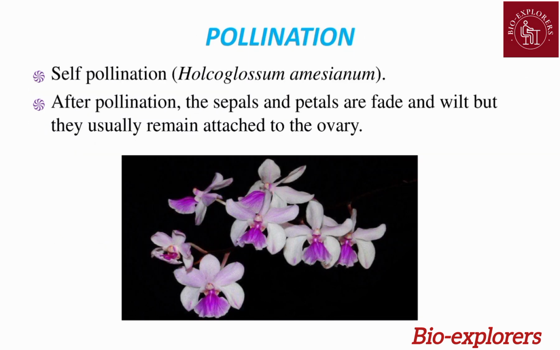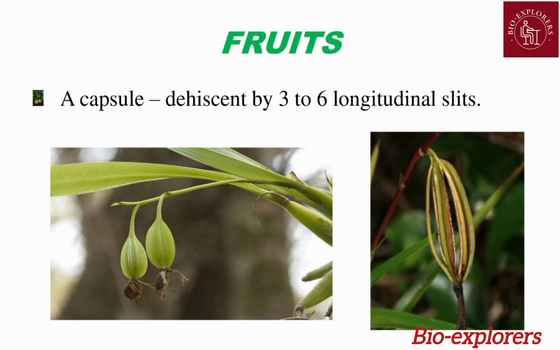Some orchids show self-pollination too. For example, Holcoglossum amesianum shows self-pollination. Here the pollinia directly fall on the stigma, or the anther may rotate and enter the stigma cavity of the flower. At that time the anther sheds the pollen grains on the stigma. After pollination, the sepals and petals fade and wilt, but they usually remain attached to the ovary. The Orchidaceae members show the capsule fruit type, which is generally dehiscent,